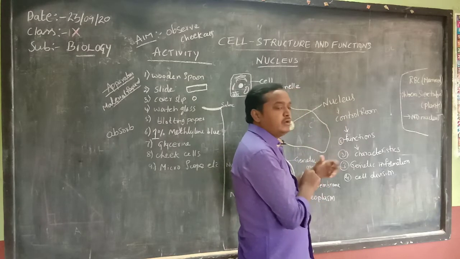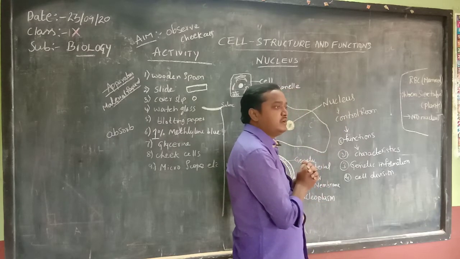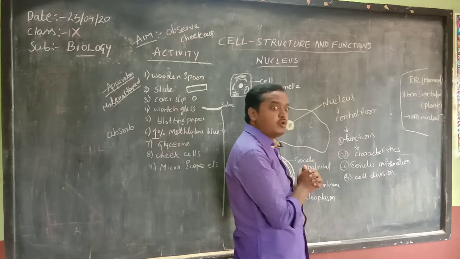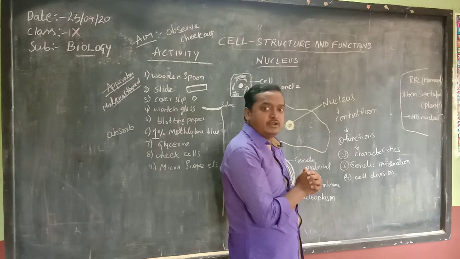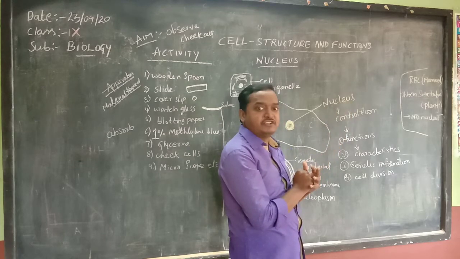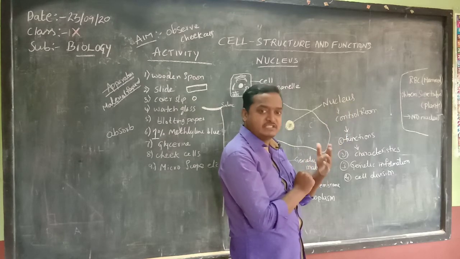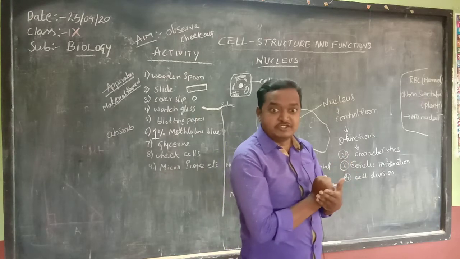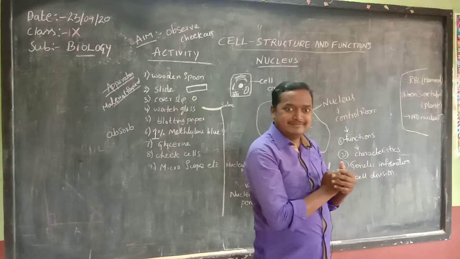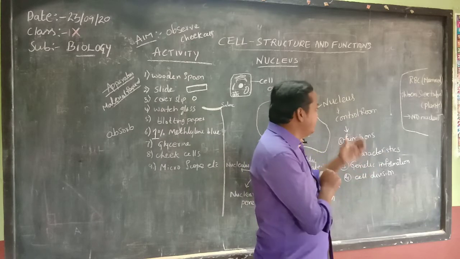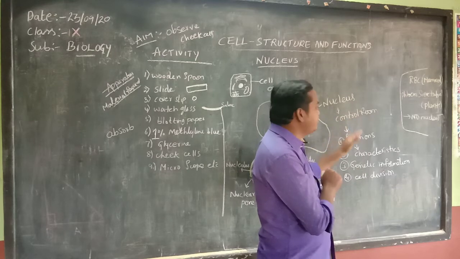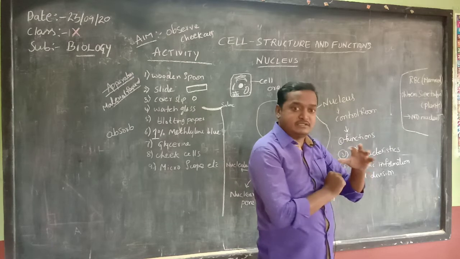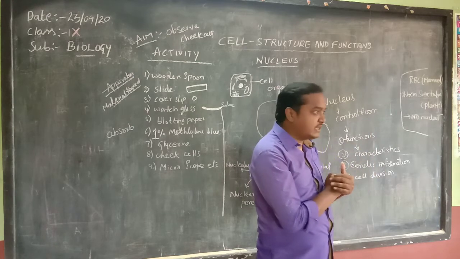Now we are going to learn about the main function of the nucleus. So the nucleus has another name called control room. Control room means what? It will control the total functions of the body, nothing but the cell. Suppose in a school there is an office room with the system, that is a control room. In the same way, the nucleus is called control room, meaning it controls the functions and characteristics of a cell or the organism. Is it clear?